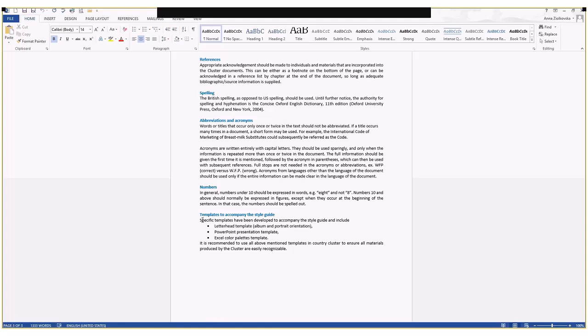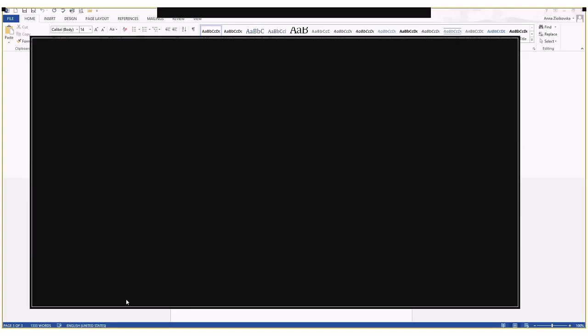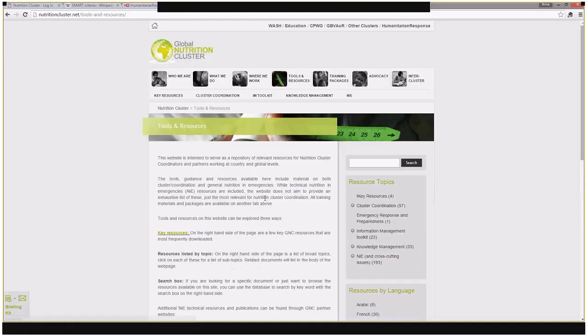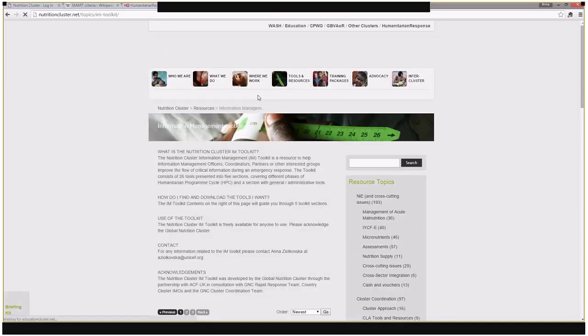It's all included in the zip file with the guidance, which you can get through the link in the IAM checklist. So this is the main thing which I wanted to say about the checklist, just to mention that all the tools are available on the Nutrition Cluster website. And if you go to Tools and Resources and then click on IAM Toolkit, you will be redirected directly